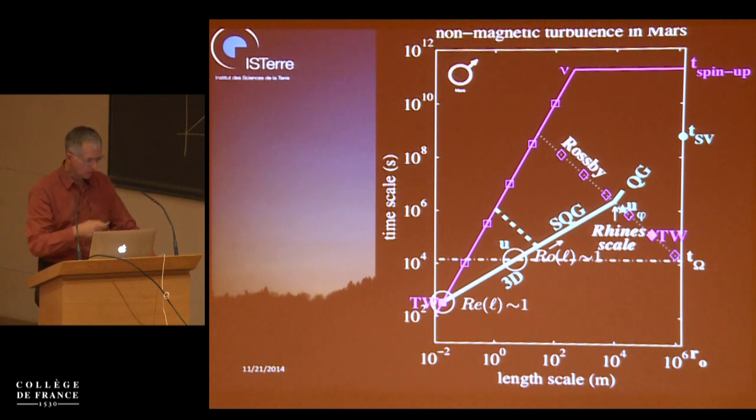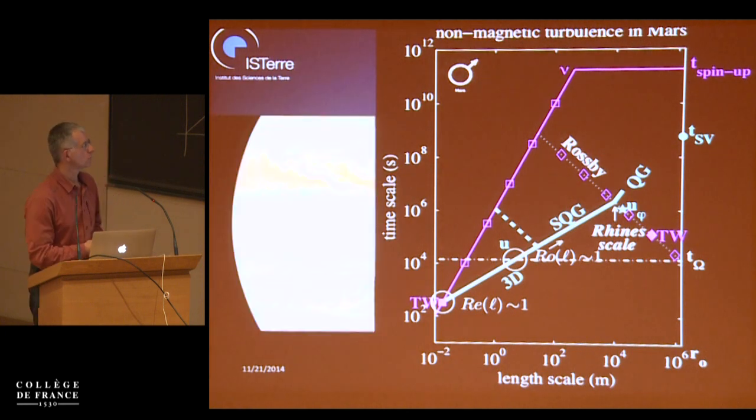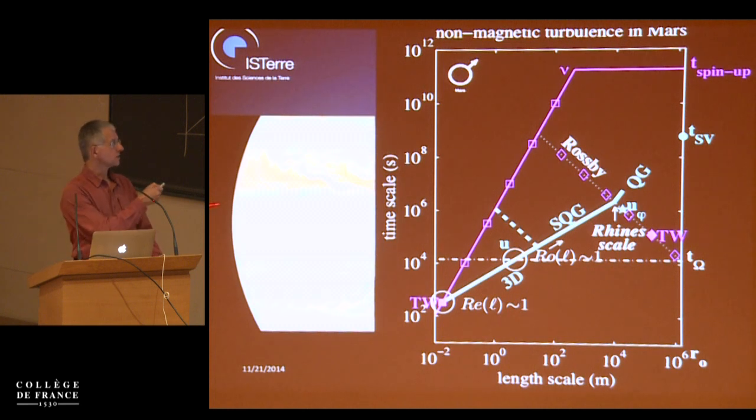which have velocities of like 10 to the minus 6 meters per second, in that case. There is one thing we have not included yet: in a full sphere, motions which are organized in columns are one thing, but you can also have zonal jets, which can be much stronger. And we know from looking at the atmosphere of giant planets like Jupiter that you form bands or jets which are very strong, with strong velocities in that direction.